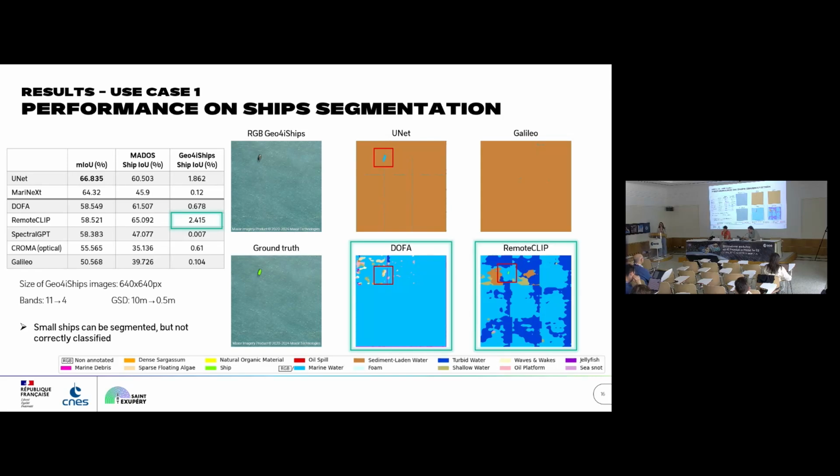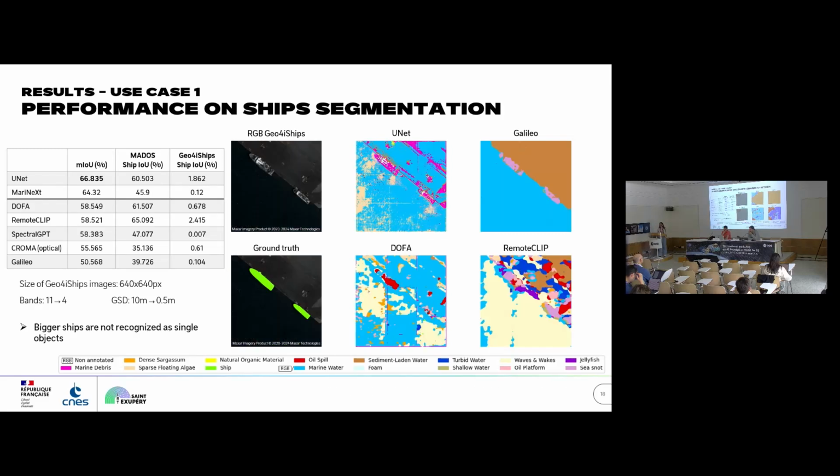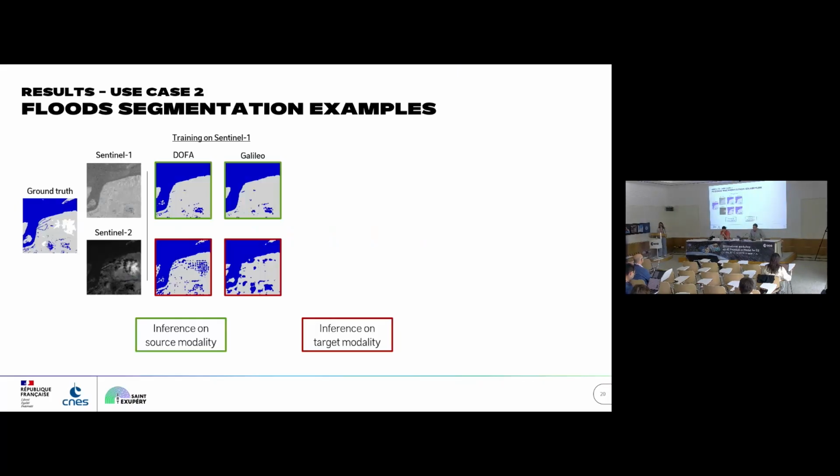However, DOFA also recognizes correctly the marine water background class. Then here's another example where we only have one of all the little ships correctly predicted. And finally, when we look at much bigger ships, the models do not recognize them as single objects. So quickly for the second use case, here we trained models on a flood segmentation task using, in this case,